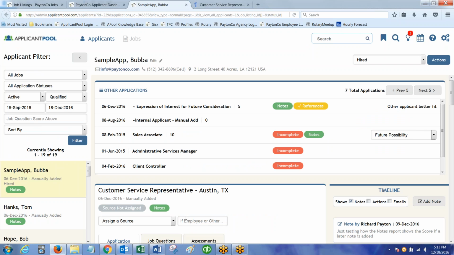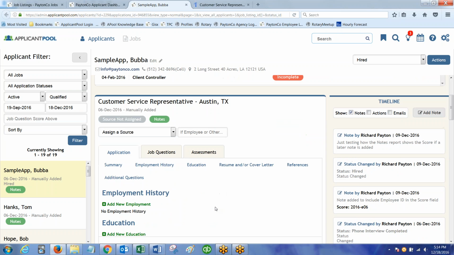So when I land here, this applicant, a bit unusual, has applied for a number of other job listings. So I can see those, and I can see where they are in the process. Some of these were not completed applications. I can see the status that was given on these. And if I had access to the business units, then I would be able to hover over the notes and see those as well. I can see other applicants that have applied for this job over on the